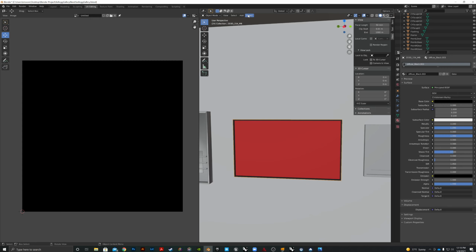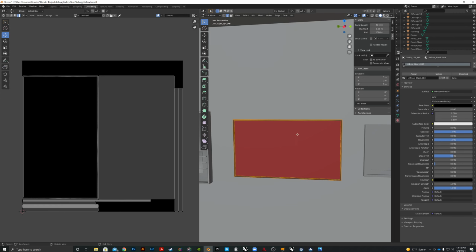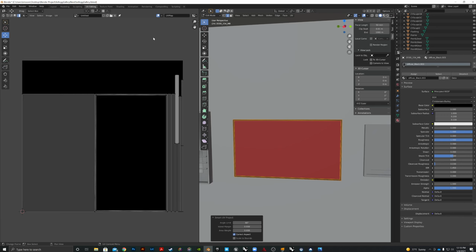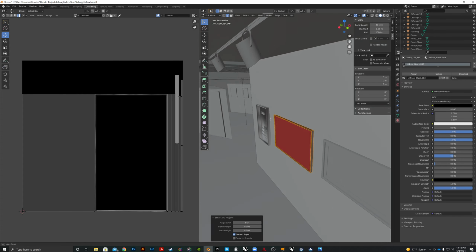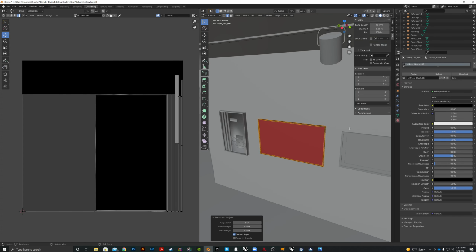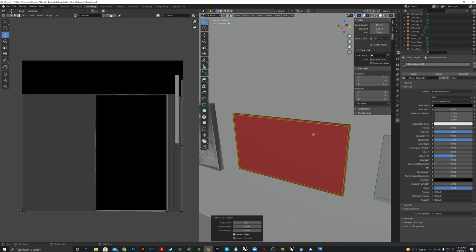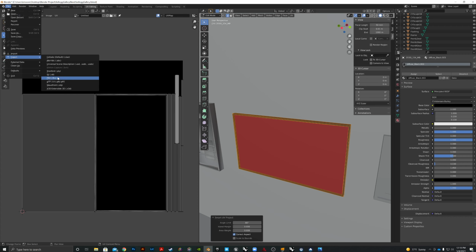So we'll go to object, select it, tab over, A, make sure it's all selected, UV, Smart UV project, or you can even just UV unwrap it like that. Okay, so now we've got both of these unwrapped, and we can export this file, export as an FBX file,